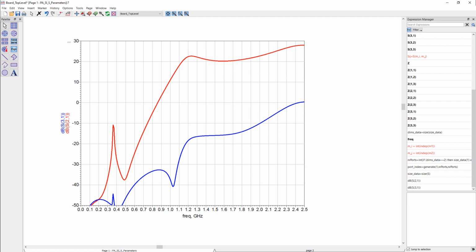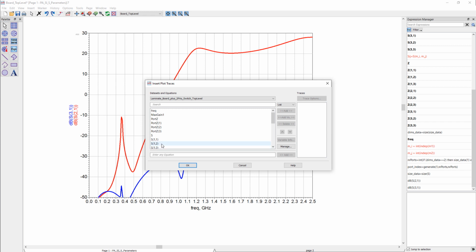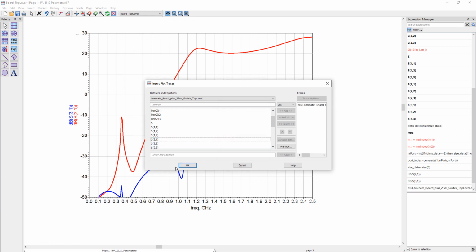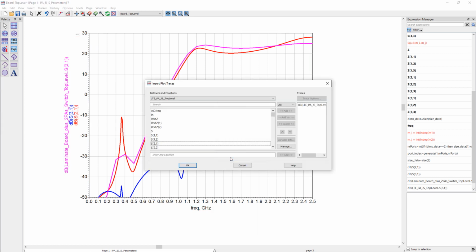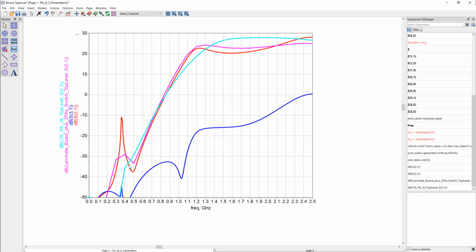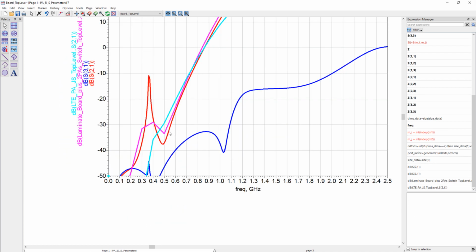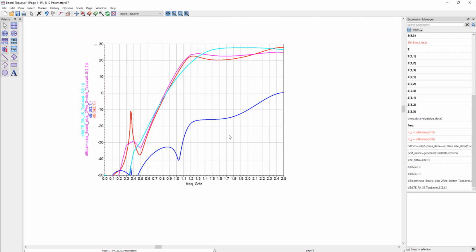So here is the response on the whole module simulated in RF Pro with FEM. Let me now overlay the two responses we simulated earlier on the laminate board and on the MMIC PA standalone. And here they are. Again, notice the huge spikes showing up around 350 megahertz. It is lower in magnitude on the laminate board and much lower at the MMIC PA level. As we will see later, the bond wire from the PA to the laminate contributes to this spike.